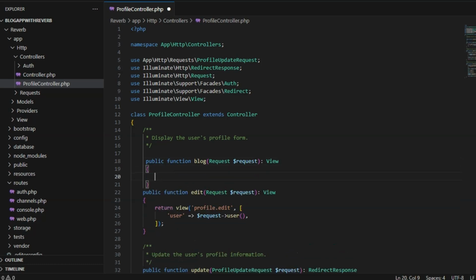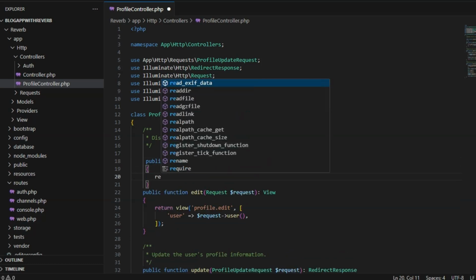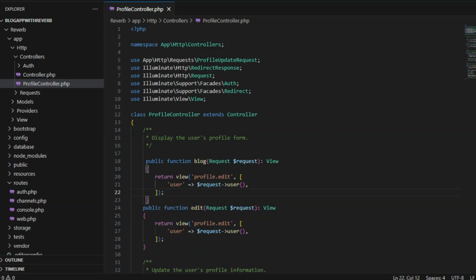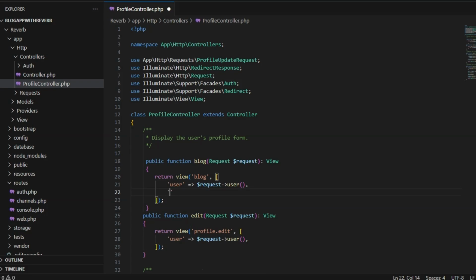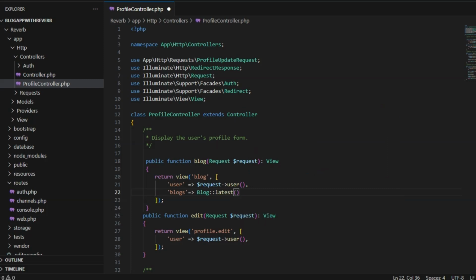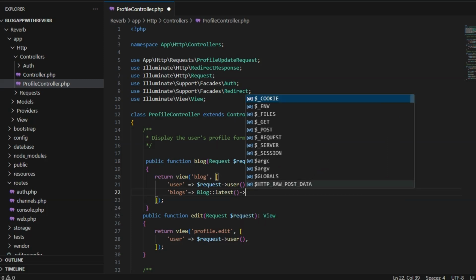Okay, and I'll copy this and paste it here, and within it I'll return the view blog, and after it I have this user, and request user, and after it I add this here, Blog latest get.